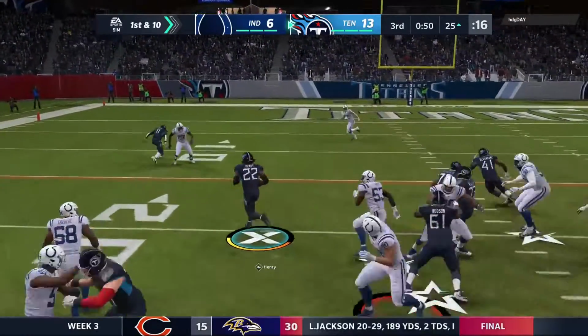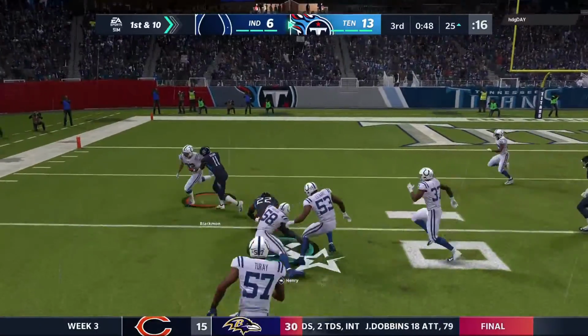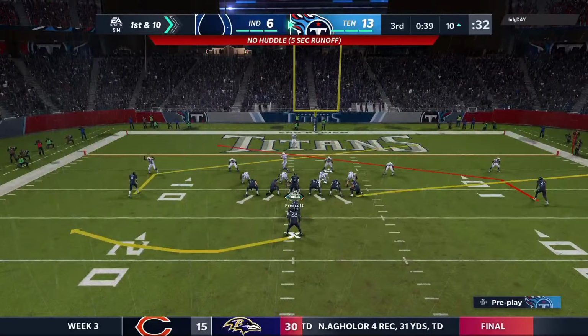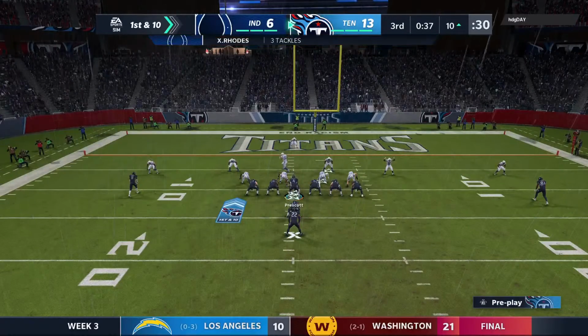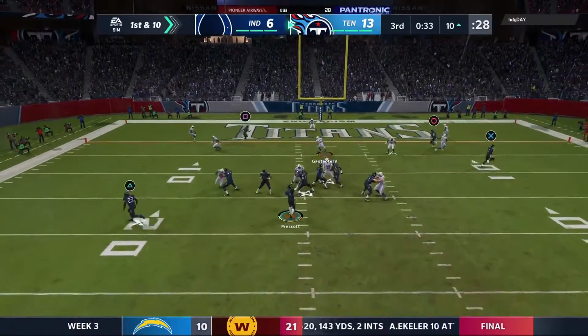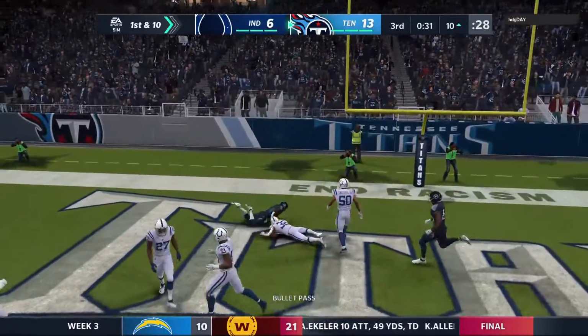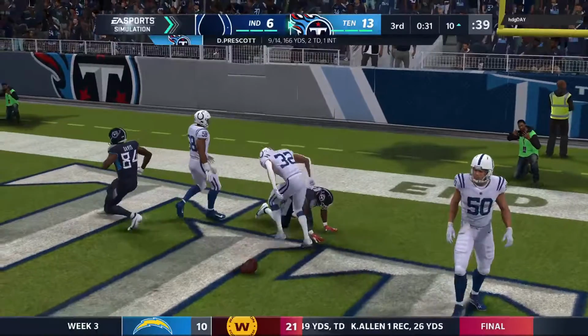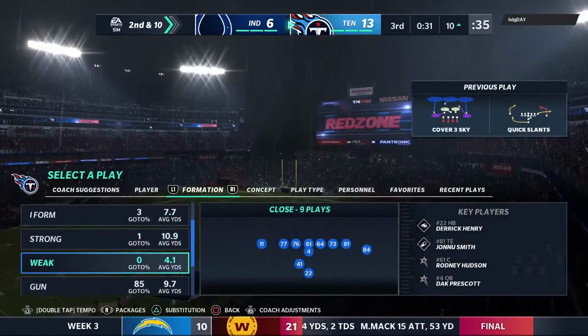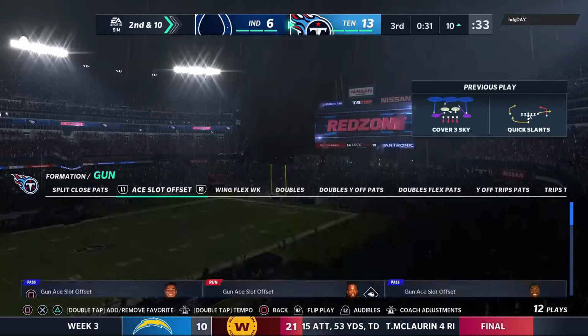On 1st down, it's Henry. And they'll get this down to the 10. 15 more there, and they're on a roll. It's another 1st down. Looking to throw. He dropped it, but it's incomplete. That's an excellent play by the defender. Diagnosed that one. Closed quickly. It helped force the